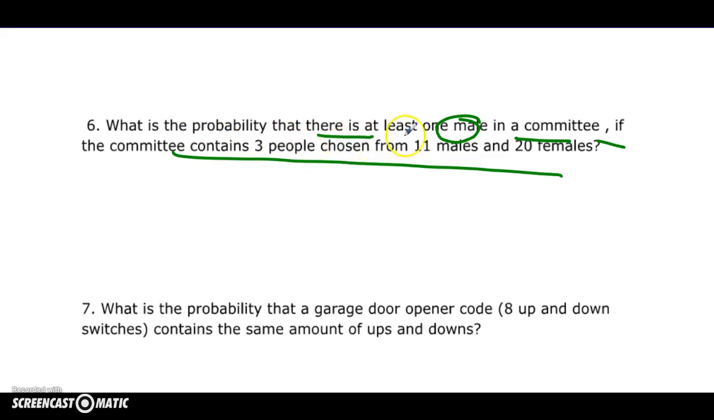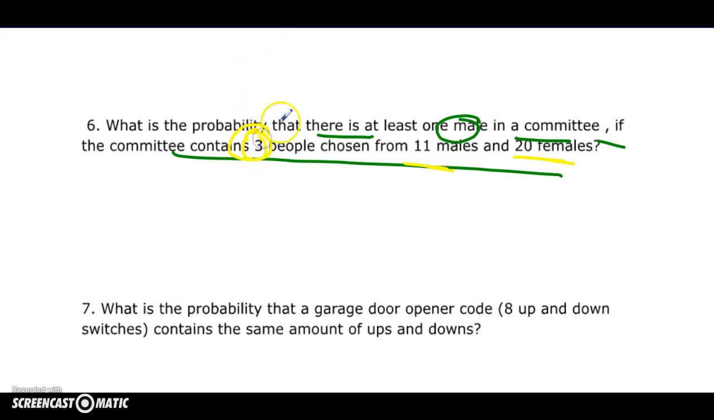So what's the probability that there's at least 1 male in a committee if the committee contains 3 people and there are 11 males and 20 females? So what you can do is go through this and say at least 1 male means 1 male, 2 males, or 3 males. You can do that. There's no problem. But it might be easier to say, look, there are a total